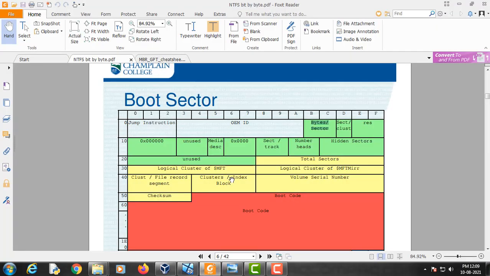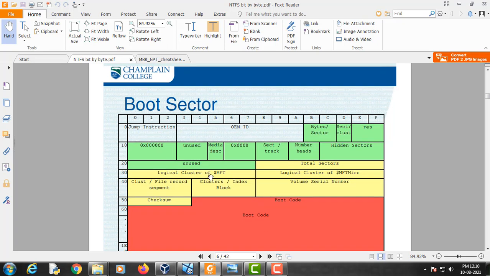Now we have to find the location of the master file table. The master file table is located at the fourth row, 1, 2, 3 and 4, and its value is 8 bytes long.